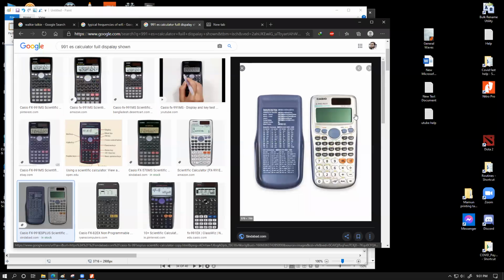Okay, fine. So it also shows on the right side. So what I want you guys to do is press the mode button and go to the base N option, and you should find out that on the right side of this calculator, you should see